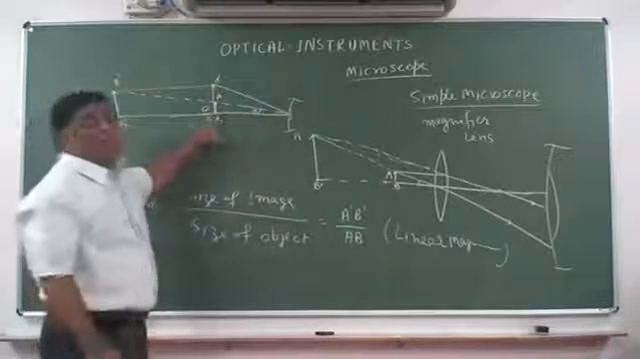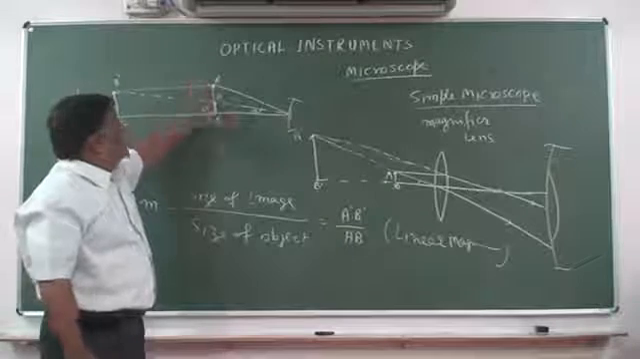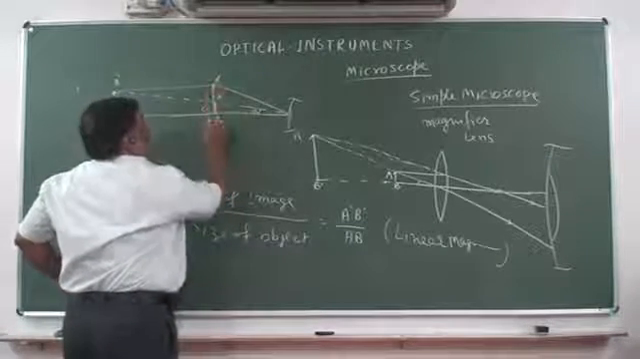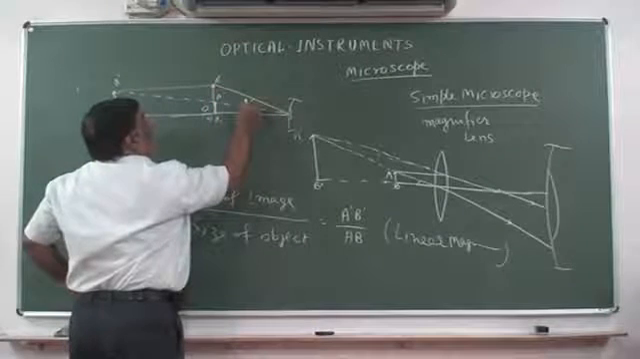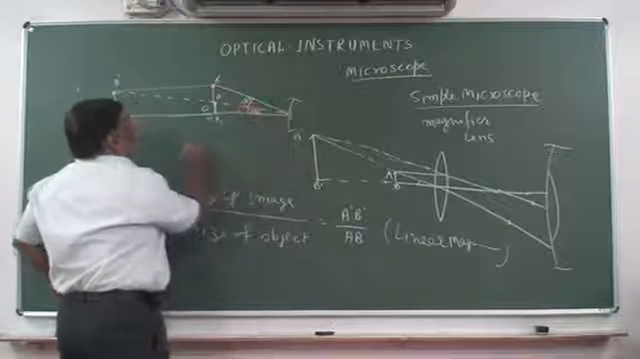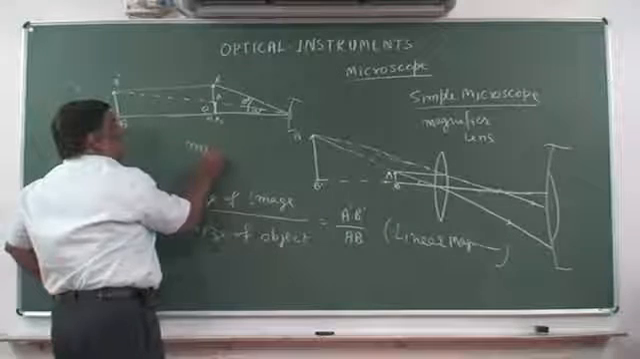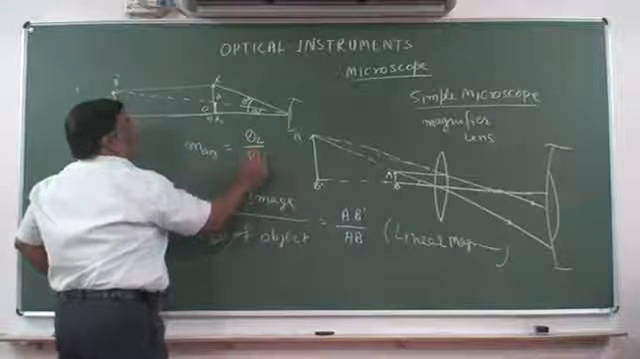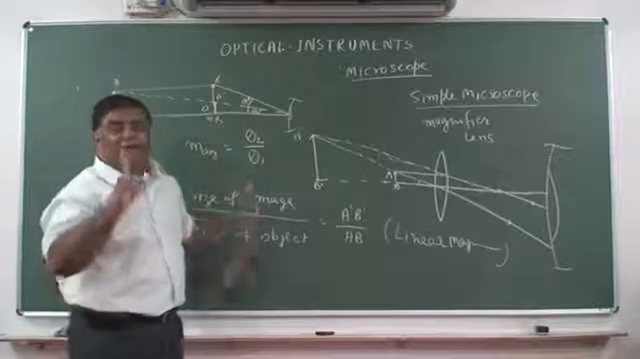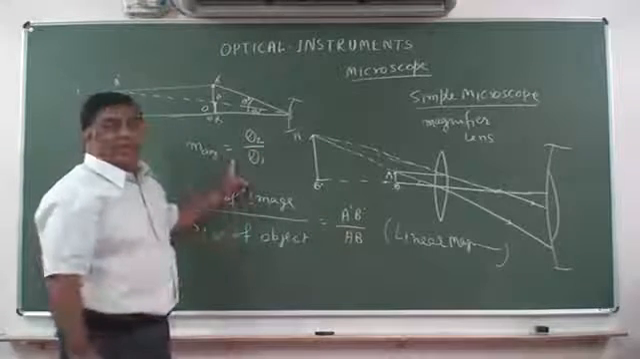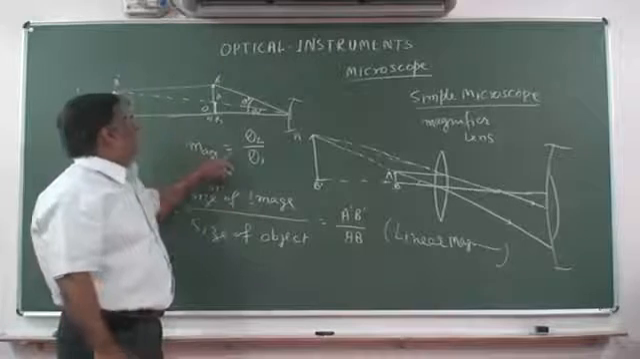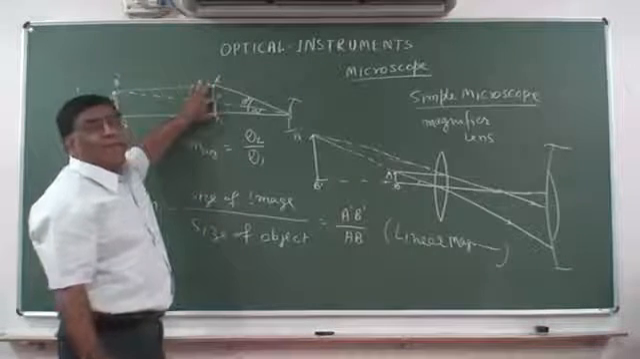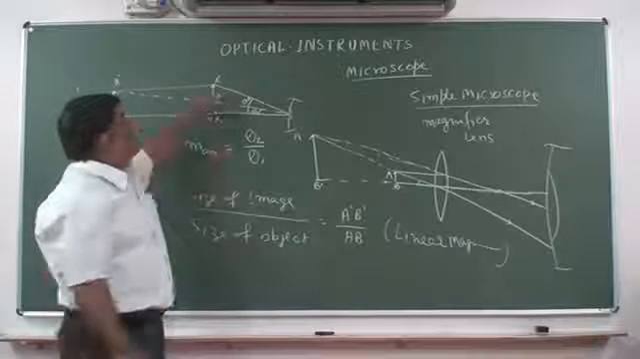Okay. Now at the same place AB is making angle theta 1 and A dash B dash is making angle theta 2. So what is angular magnification? The answer is theta 2 upon theta 1. This is the right definition. So remember, angular magnification is angle made by image divided by angle made by the object, provided both are at